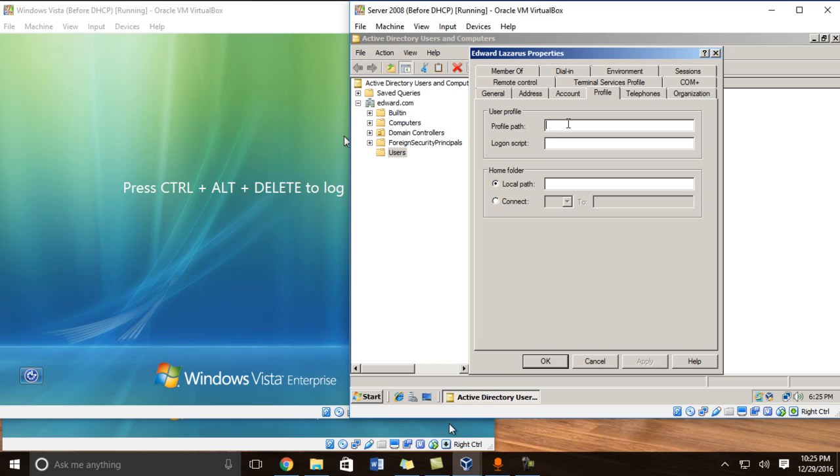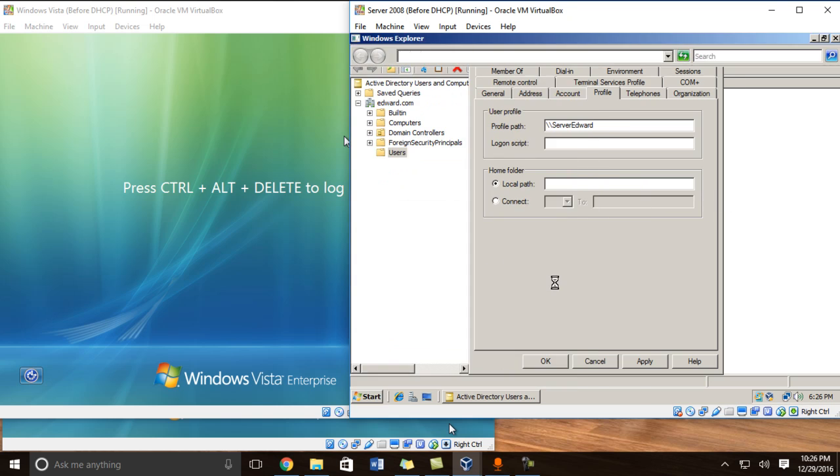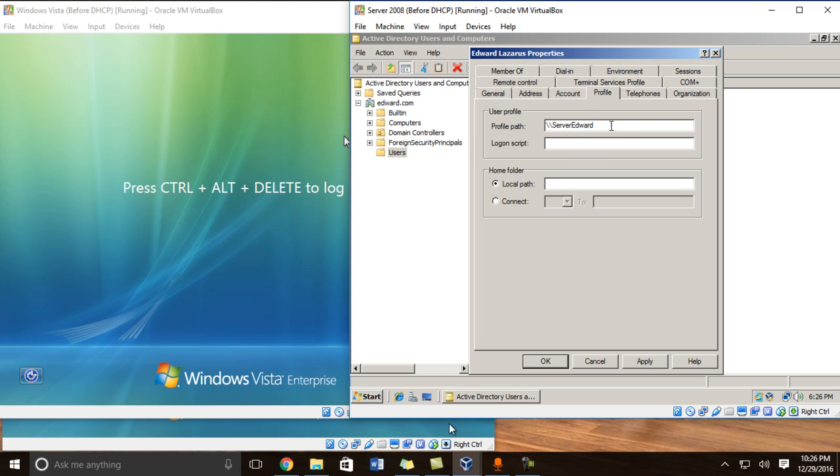Okay, now the profile path, we're going to put double slashes, your server name, mine would be server Edward. But just to verify that, I'm going to click start, computer, properties, computer name, server Edward. Just to verify, server Edward dot my domain name, which is edward.com, right,